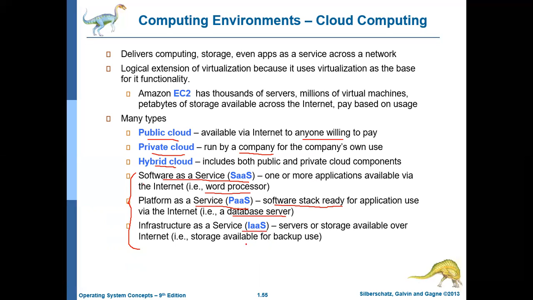Here the user can purchase storage space, or even high-speed processors. Say for example, I want to store a huge amount of data for 1 month or 2 months, but I don't have sufficient devices. Then I can use the cloud service called IaaS, infrastructure as a service, and I can pay some money to a cloud service provider, and I can get some space where I can store this information.